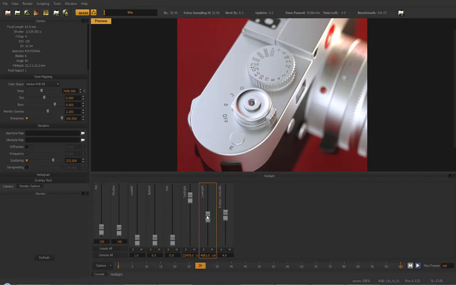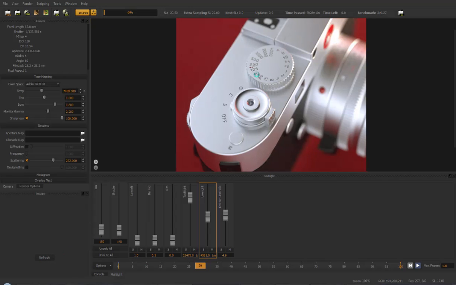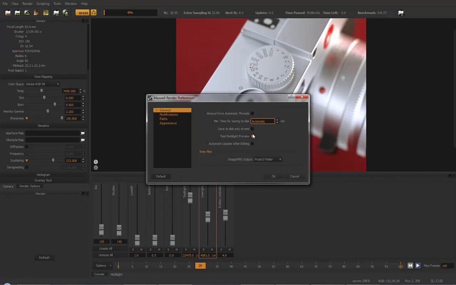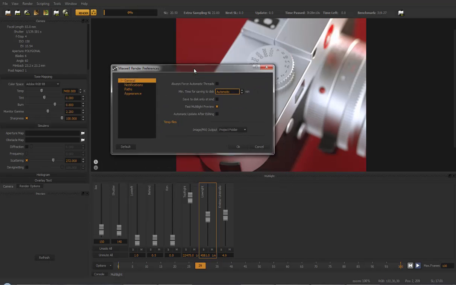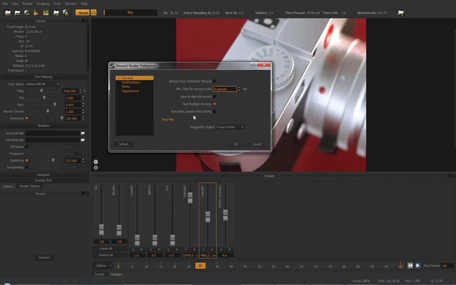And once I'm happy with my changes, then I have to manually click the refresh button, and now it's going to render it with multi-light effects with the CPU to get the true render. So, it depends. If you have a very fast computer, especially with dual or quad CPU, then it may make no difference whether you have this on or off. So then I suggest you simply have it on all the time, so you don't have to keep pressing the